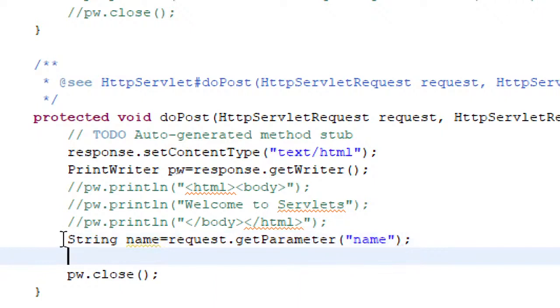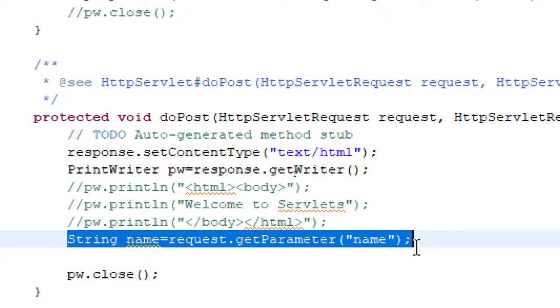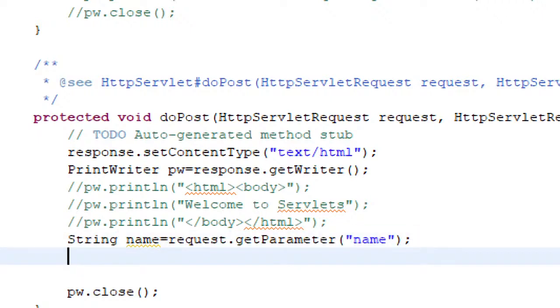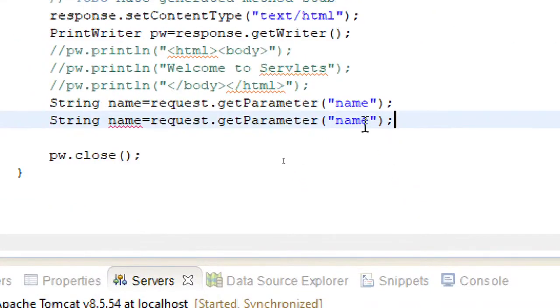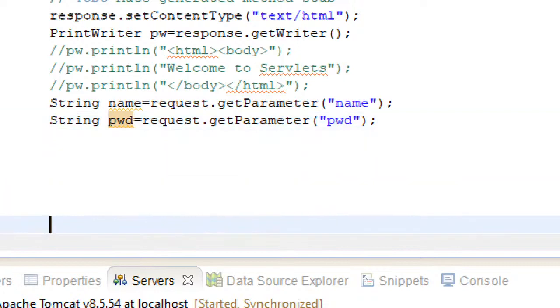Similarly, let's get the password also, whatever that's being provided. And then here, let's see, the name I have used there is pwd. So the same thing I'm using. The left hand side variable names, you can have anything of your choice.